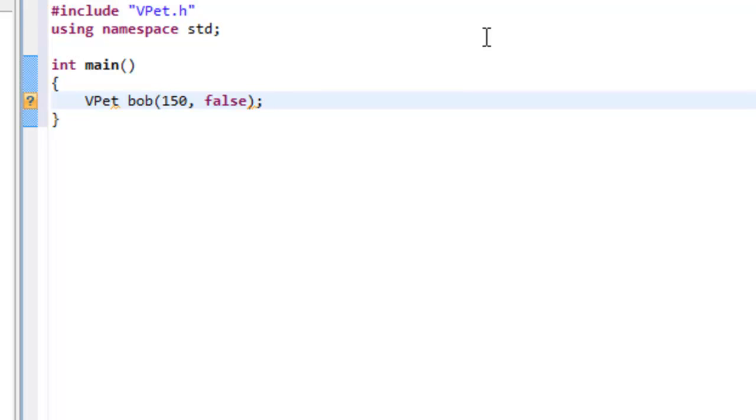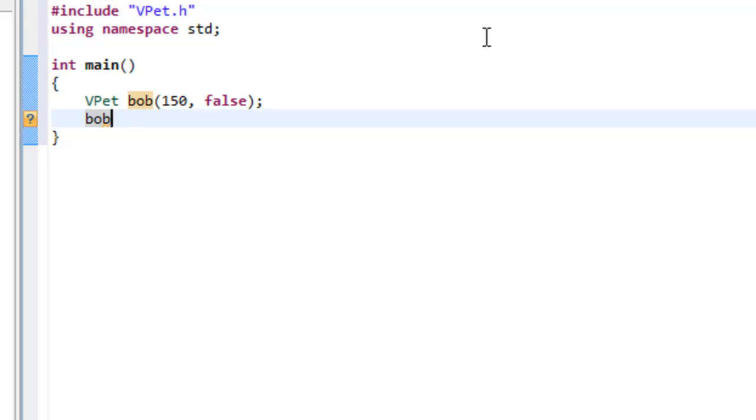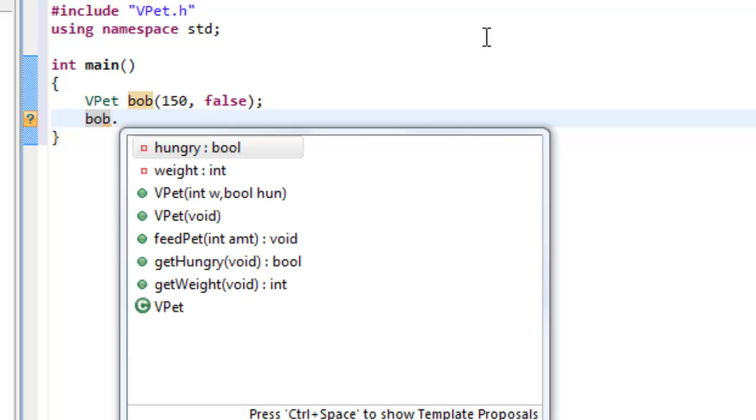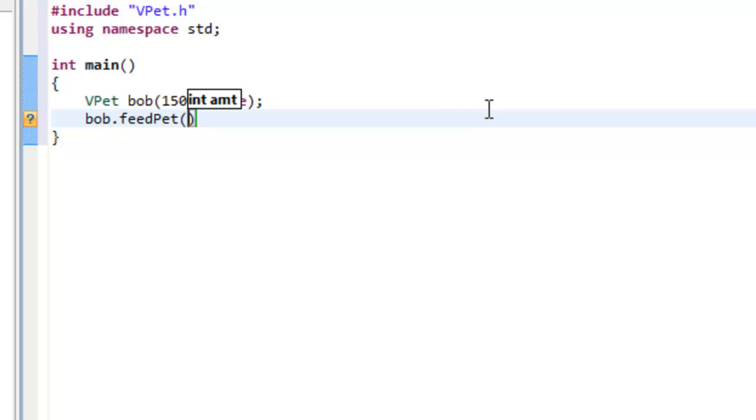So this is actually creating a brand new virtual pet for us through the invocation of that constructor and initializing it with the appropriate values. And the other thing that we'll do is actually feed Bob. So let's go ahead and feed Bob. Well, I guess I need to invoke the function. So Bob dot, and then we'll specify the function, which would be feedPet, and maybe we only feed him